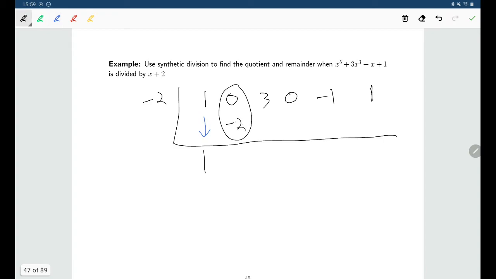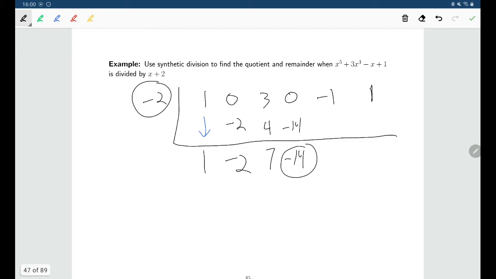And then we add. 0 and negative 2 is negative 2. We multiply. Negative 2 times negative 2 is 4. We add, 7. We multiply. Negative 14. We add. Negative 14. We multiply. Positive 28. We add. Positive 27. We multiply. Negative 2 times 27, that is negative 54. We add,